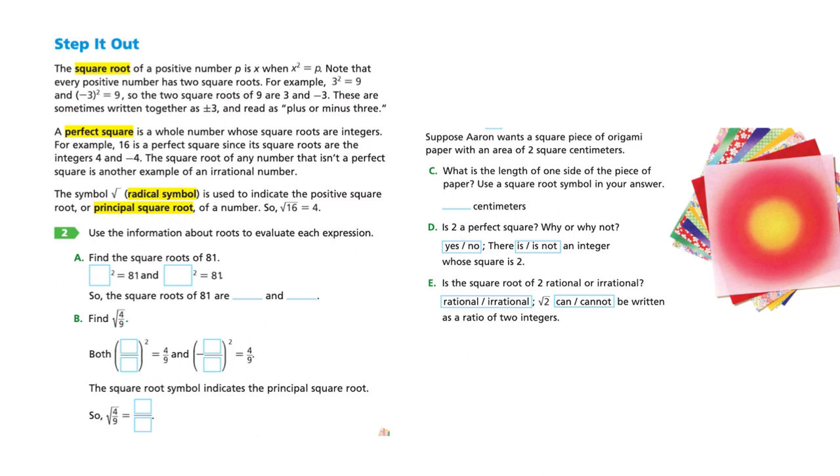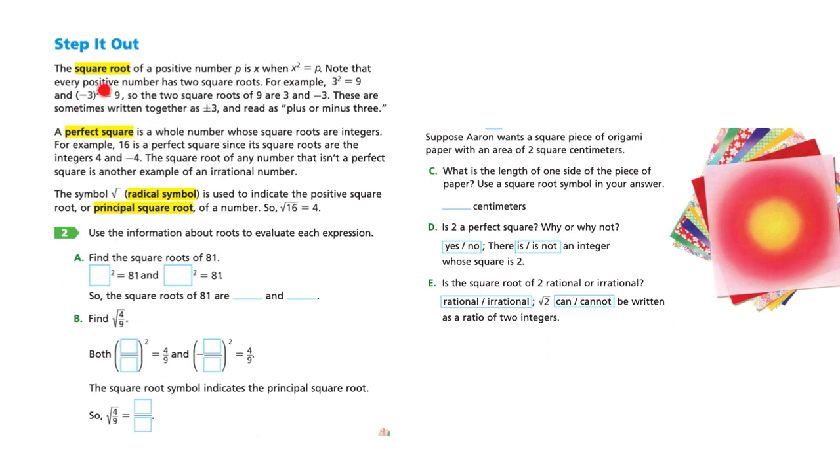All right, so let's look at the vocabulary. A lot of this may be review because you've worked with squares and square roots before, but let's look at these words together. So the square root of a positive number p is x when x squared equals p. So, for example, when 3 squared equals 9, the square root of 9 is 3. And what they want you to notice is that every positive number has 2 square roots. So I can say that positive 3 squared equals 9, and I can also say that negative 3 squared equals